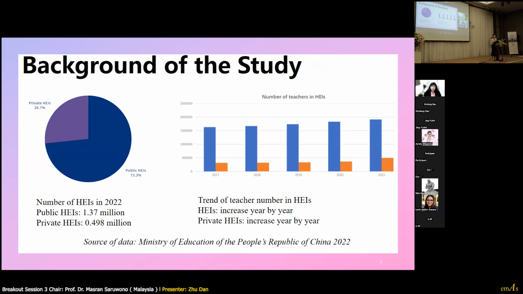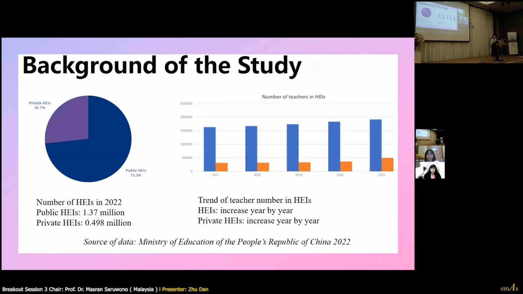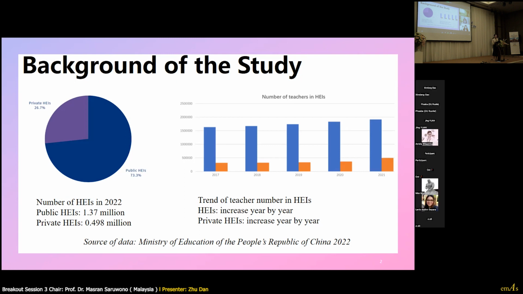As we can see the numbers of the higher education institutions in 2022, there are 1.37 million public higher education institutions in China, while the number of the private higher education institutions is 0.498 million, which means private higher education institutions account for more than a quarter of the whole higher education in China.